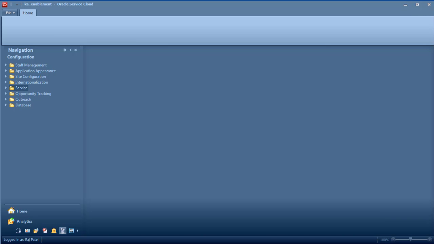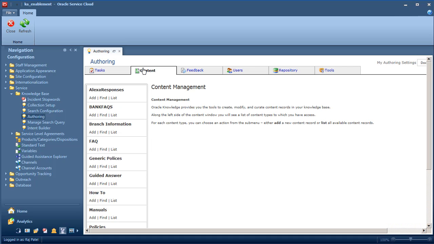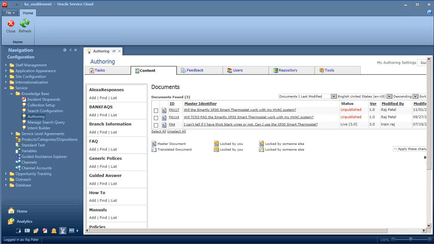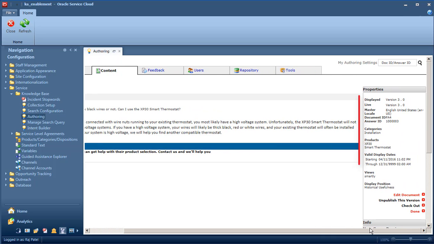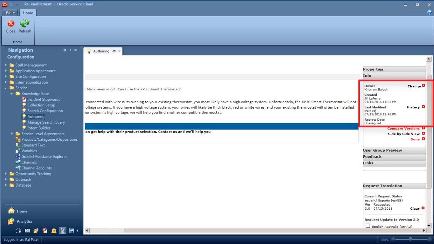First of all, let's go to the agent desktop. Go to authoring and content, and in particular, let's look at the FAQ content type. If we now look at FA4, we can see its content and the categories and products, the dates and also the views. Now go to the information and we can see the create date and when it was last